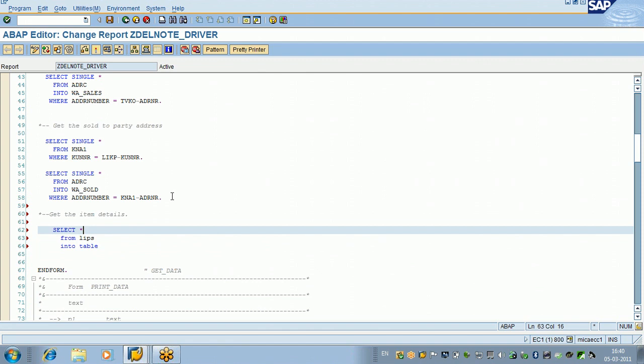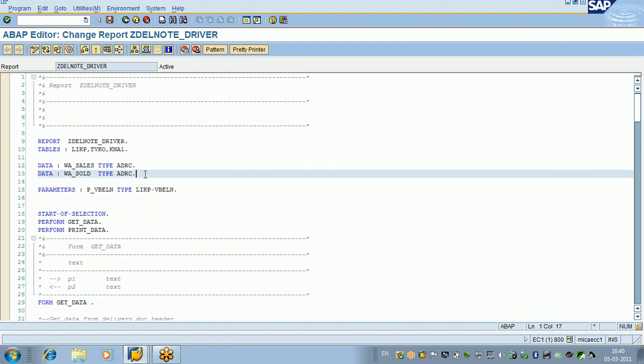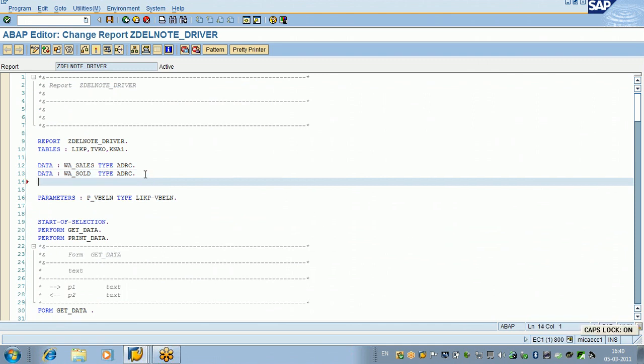Which table? We need to declare one internal table, correct? So I will go and declare one internal table. Data itab type table of LIPS,